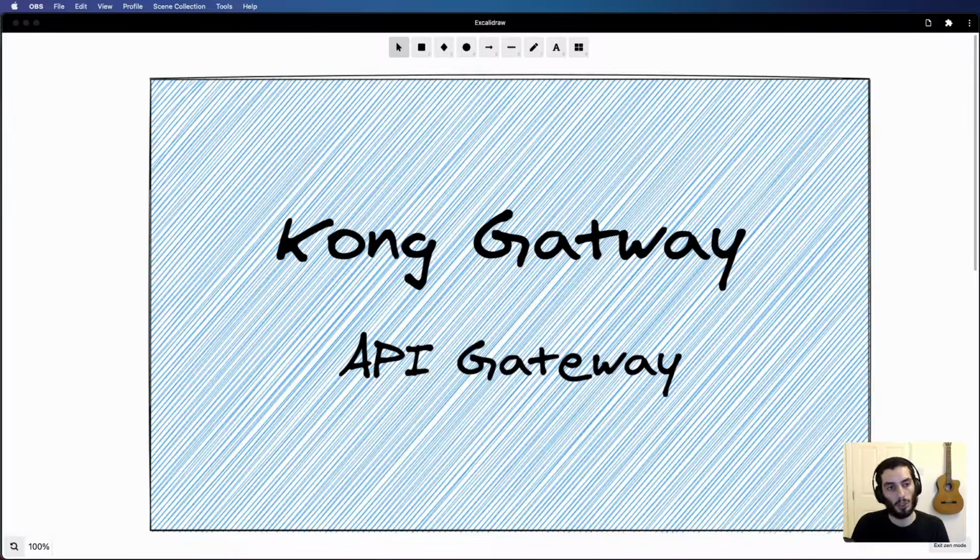So today we're going to have a quick look at Kong Gateway. We're going to have a look at what API gateways are in general and specifically how to quickly get set